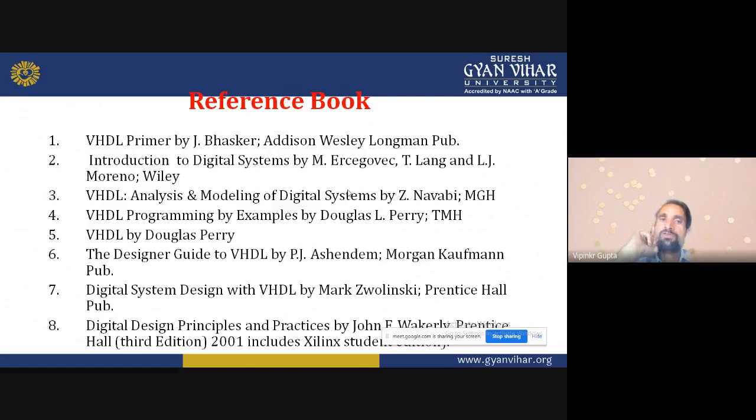Now, reference books. VHDL Primer by J. Bhasker is also a good book. It also contains some examples, so we can go for this book too. Introduction to Digital Systems by M. Ercegovac and T. Lang.